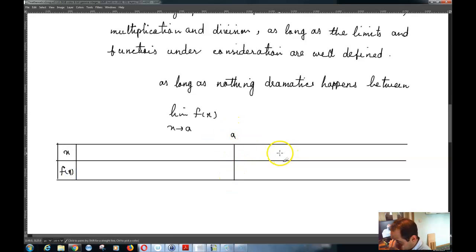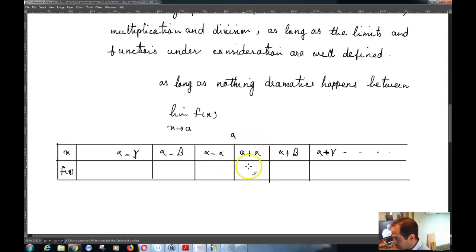From the right we got closer and closer to a, meaning that that is a plus alpha, and this is a plus beta, and this is a plus gamma, and so on and so forth. Over here we said that this is a minus alpha, this was a minus beta, this was a minus gamma,